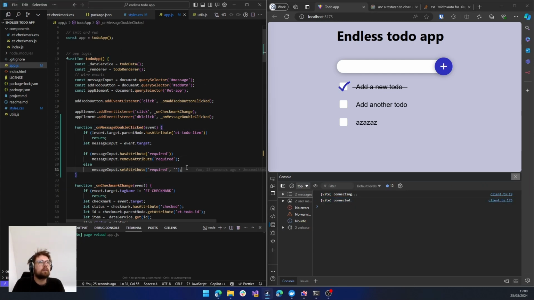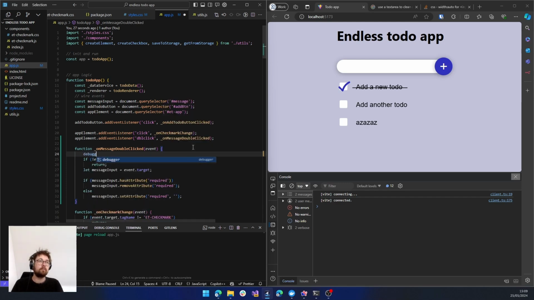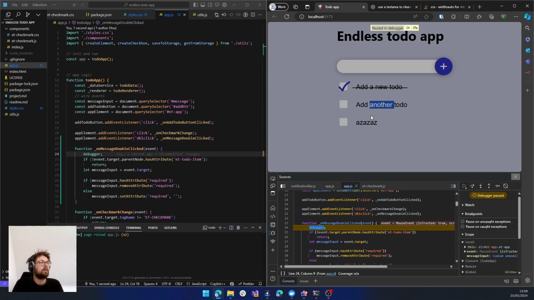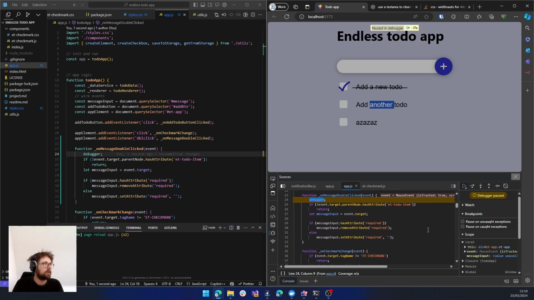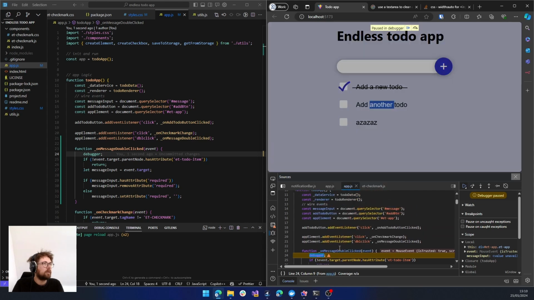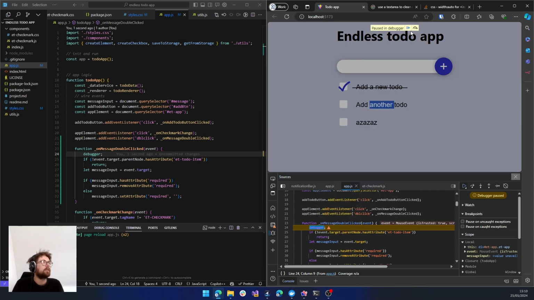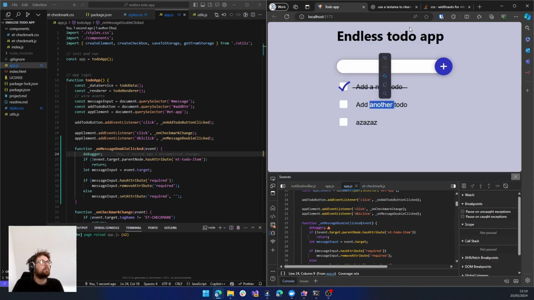It does not appear to be working. So what I will do is add a debugger statement to see. Okay, so we double clicked it, we actually get in there. Our parent node is, of course, our label. So parent node is maybe not the best idea,